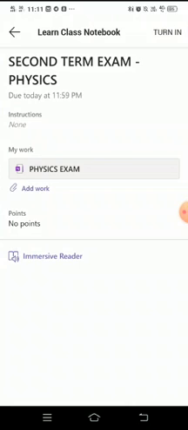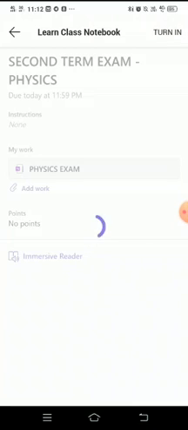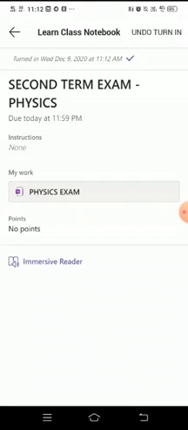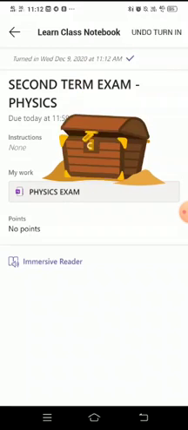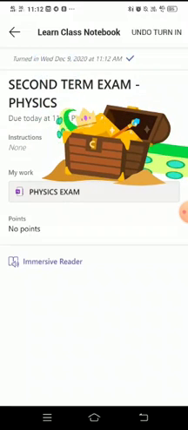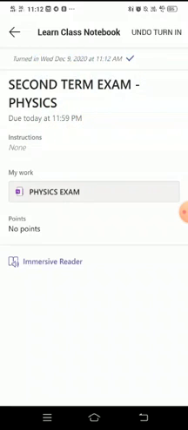That means you have to turn your paper in. Only then will the procedure be complete. So you click on that turn in option given on the top.